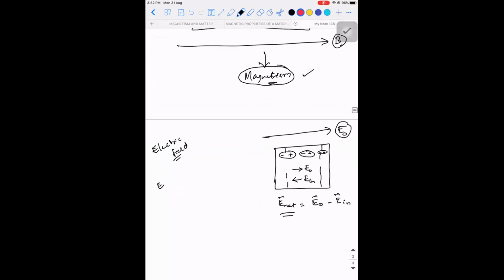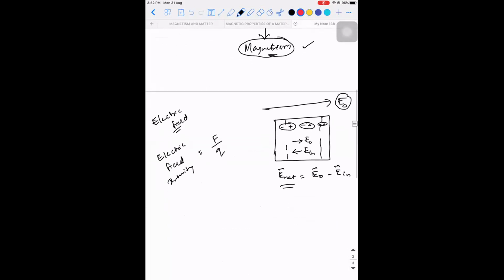Whereas, what is electric field intensity? The strength of the field. Yes, it is the amount of force per unit charge. Intensity means strength, right? So the amount of force that is existing per unit test charge is what is called electric field intensity, and that is what we have learned as a mathematical formula.